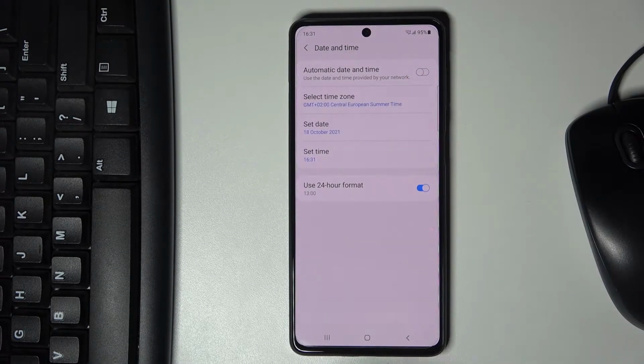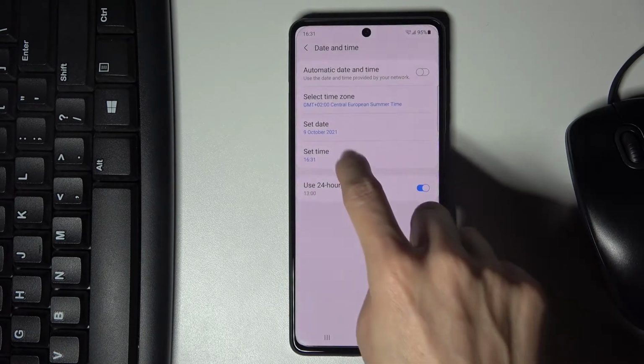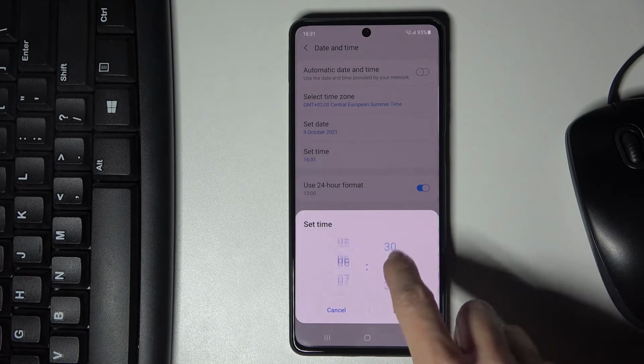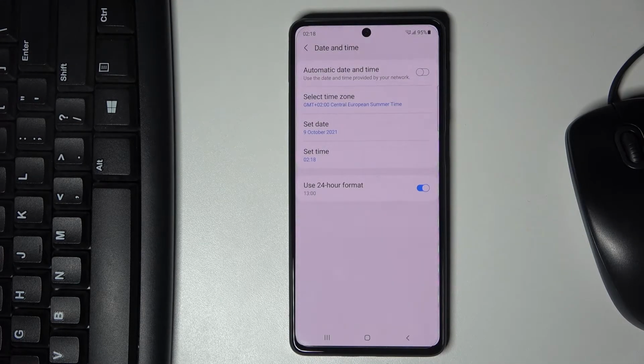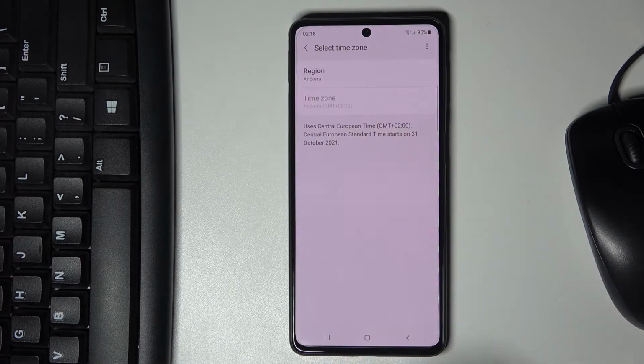you can turn it off and then set date and time manually by yourself. So this is it, tap on done. You can also change the time zone the same way, so at first change the region and then time zone